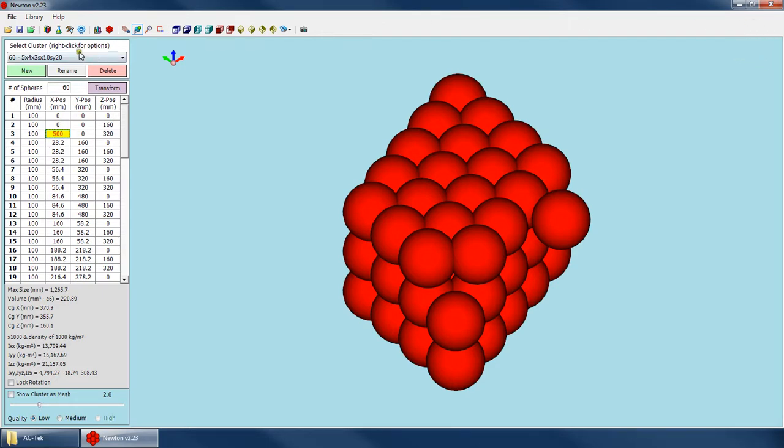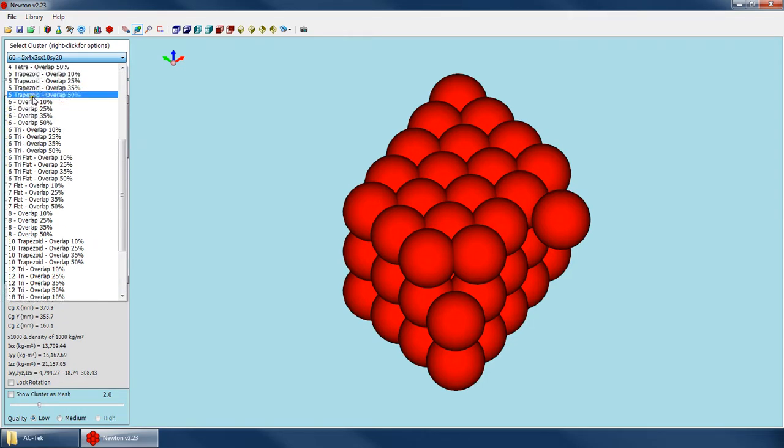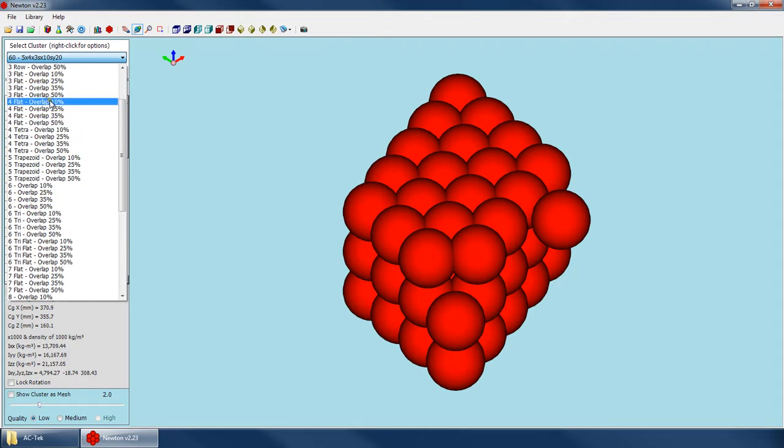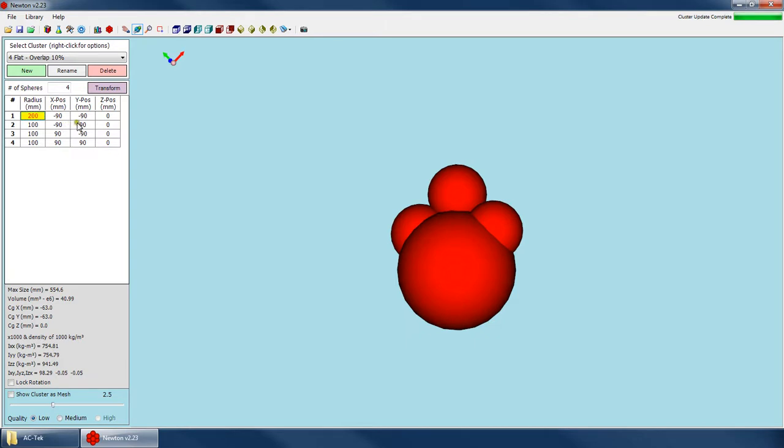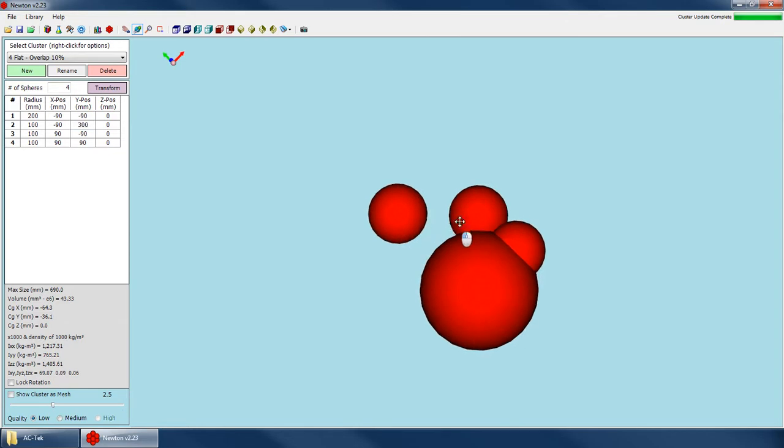is attached to. So for example, let's go to one of these other common clusters that I know is in a particle set. So we've got this nice little 4 cluster, and if I want to go ahead and change the radius for this particle to 200 and change this one, let's change the Y position by a couple hundred. So now it's a goofier looking particle, and up here it updated the cluster as well as the other particle